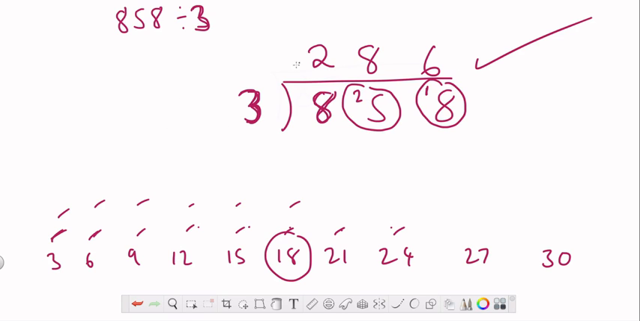You can always check by doing 286 times 3, just to double check. Inverse operation. Remember, the opposite of divide is times. So I'm doing the inverse operation just to check to see if my calculation is correct. 286 times 3 should give me